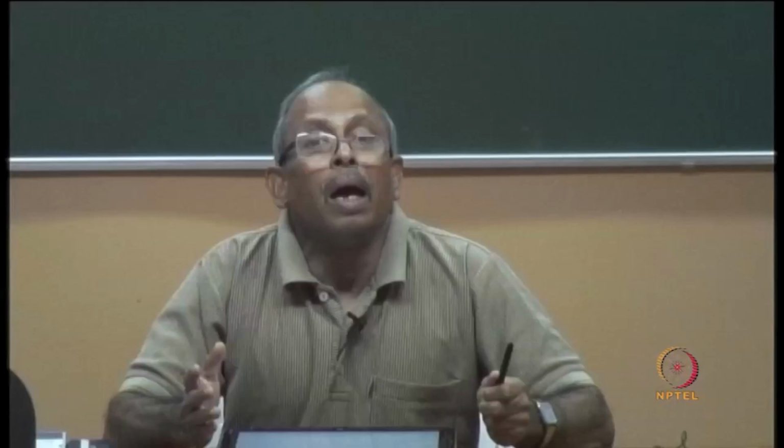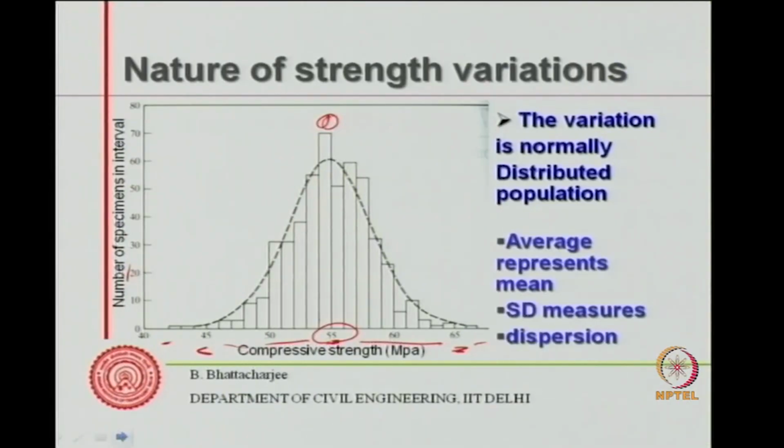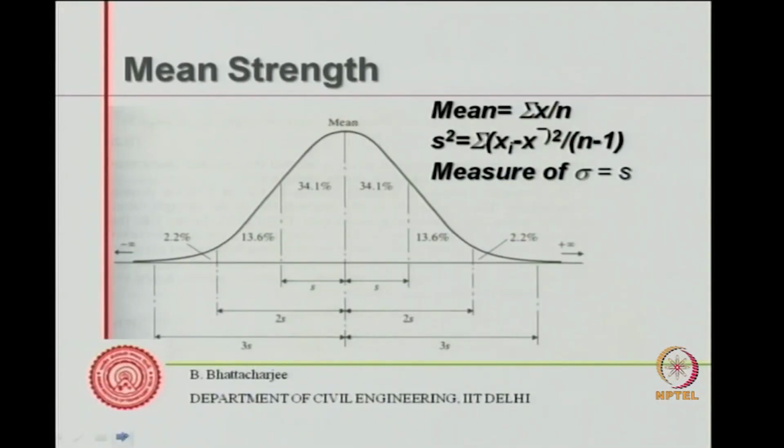Hence, when I specify my strength, my specification of strength actually goes in terms of this variation being normally distributed, and the average represents what is called the mean, and it will have some kind of dispersion about this mean. If you recall, and this also comes from statistics, if I consider the whole area under this curve to be 1,